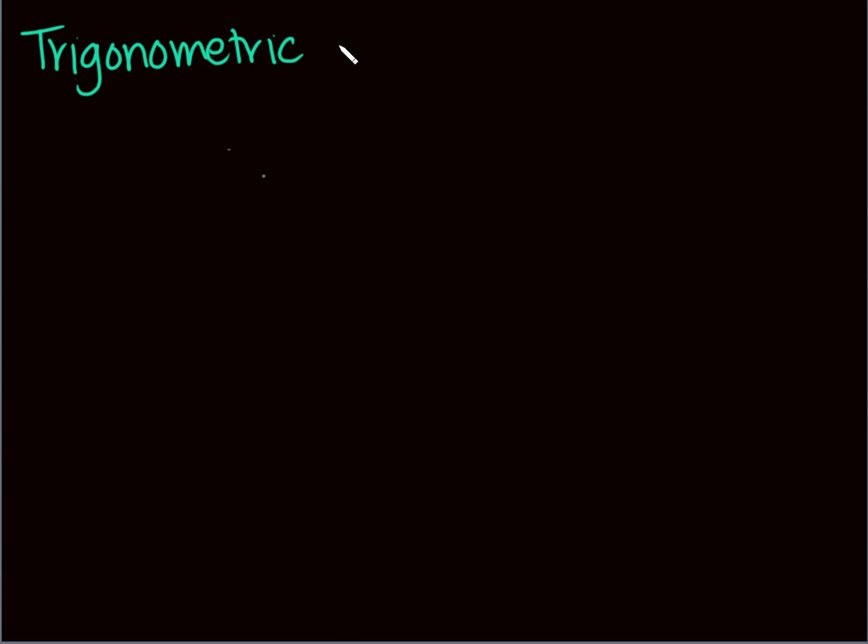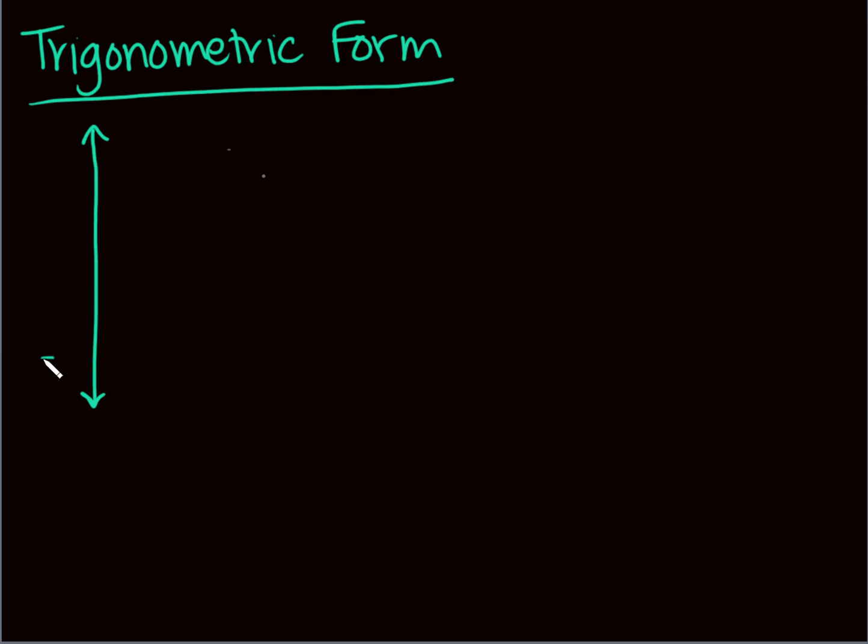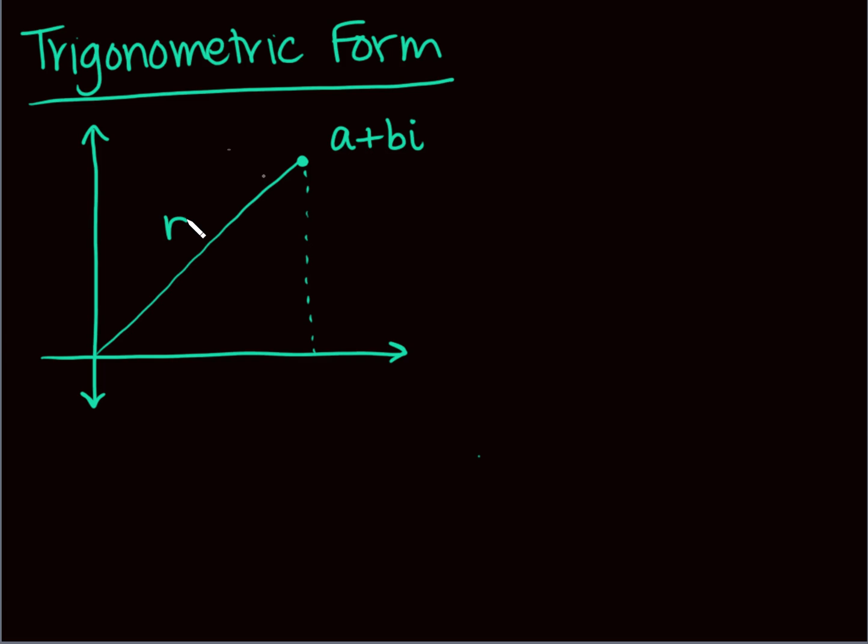trigonometric form. All right, so I'm going to grab a complex number and put it in the first quadrant, without loss of generality, which means I could just as easily put this in the second, third, or fourth quadrant, it doesn't matter. And so this is going to be the number a plus bi. Here are some things that we know. I'm going to define a couple things here. If I make my right triangle, I'm going to call its absolute value r, because we're used to that when we talk about